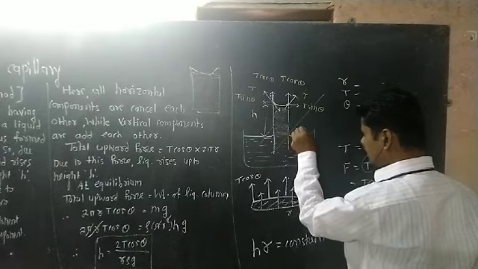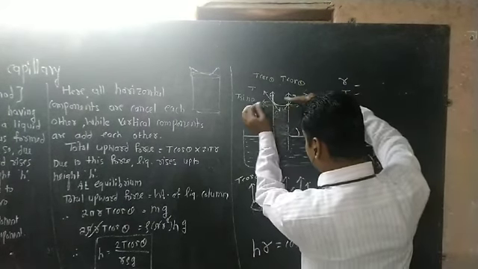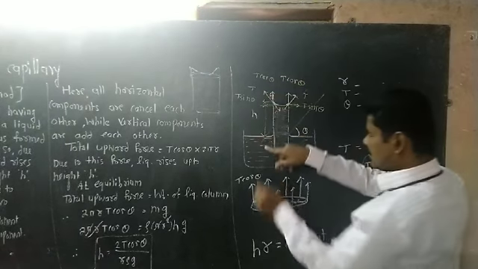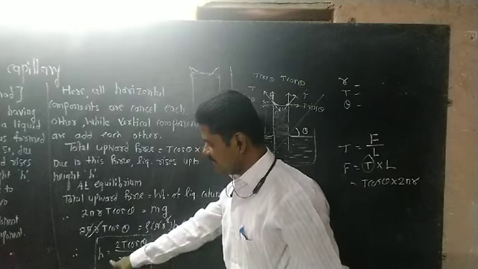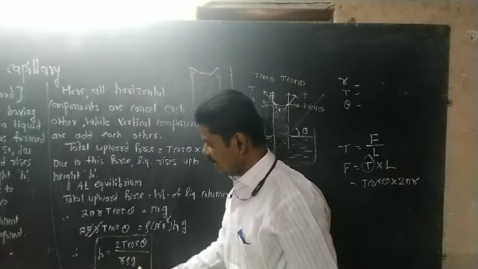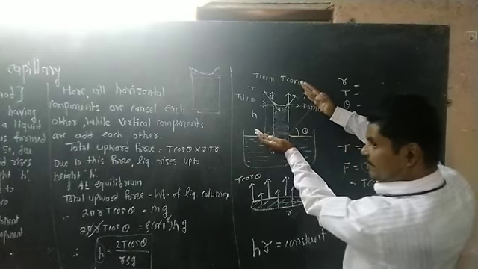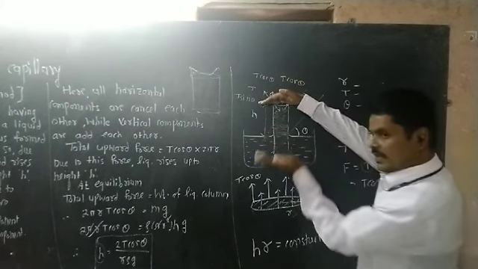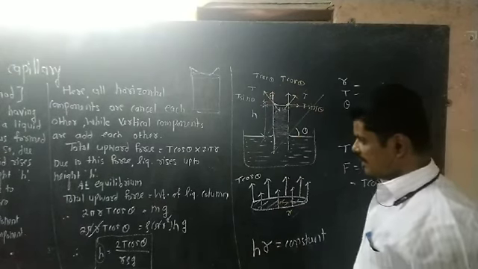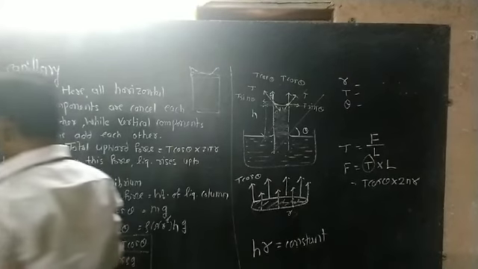Also, if the capillary is inclined, and the angle of inclination is given as theta, then you take only the vertical height. In that case this expression is also the same, h is equal to 2T cos theta upon r rho g. But be clear that h is not the length of the liquid column inside the capillary, but it is the vertical component of the length inside the capillary. Okay, so I will write the explanation on the board. You can see here.